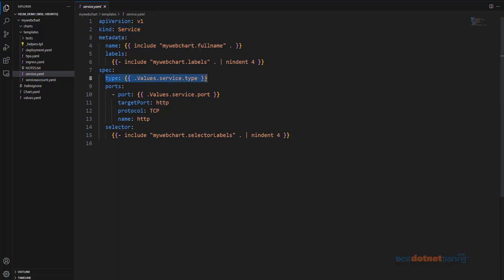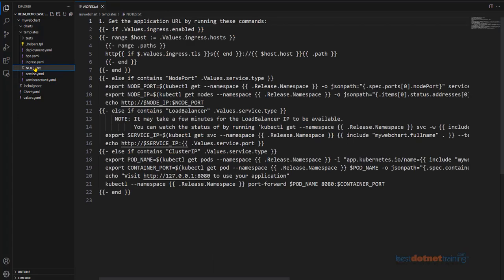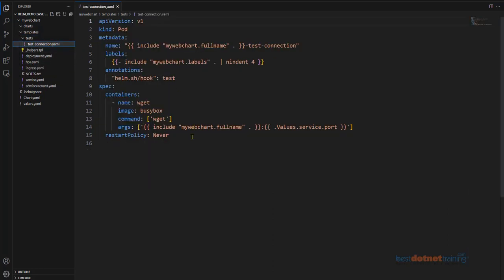Look at the type, and then what does it expose? All that information is here. Selector, right? And then where is the service exposing itself? All that information is there in these individual YAML files. Then there's a notes.txt file where information will be inserted, and this file will have lots of useful information. And then in the test folder, you can see there are some test connections. If you want to test this deployment, you can test it locally before deploying it. So that information is there.